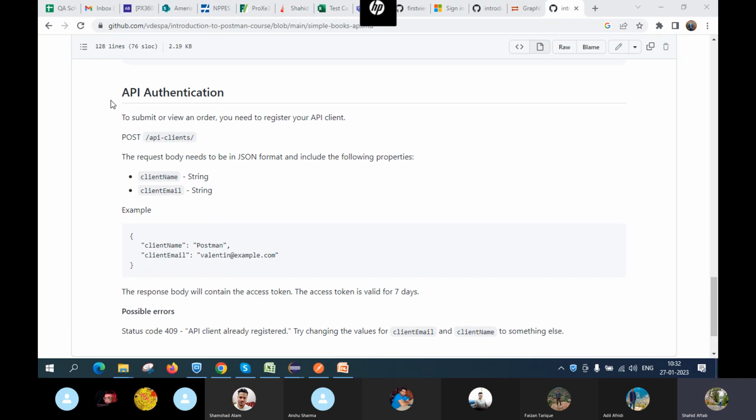See, it is telling how you will get the API authentication. This access token will be valid for only 7 days. Okay, and it is also mentioned that